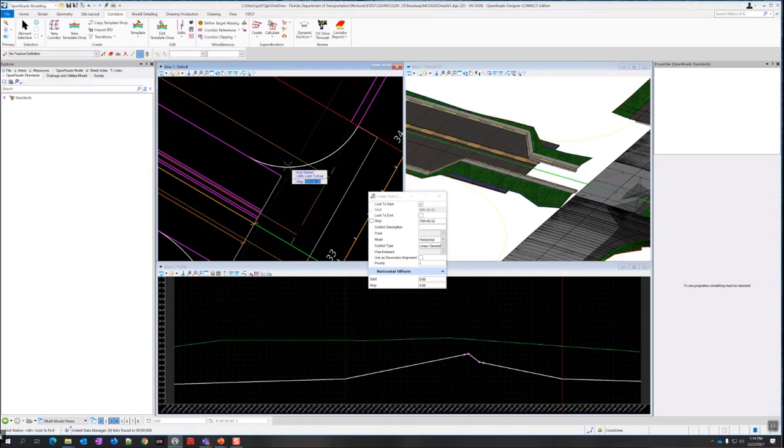Accept that, and the end station needs to be the end of this radius. So this is where that previous point control ended. So I'm going to snap it there. The control description for this, I'm going to put US 98. The other point control on here is just called the UP.